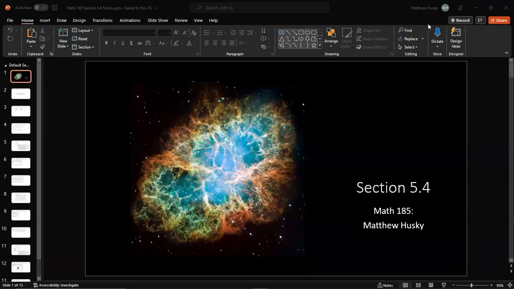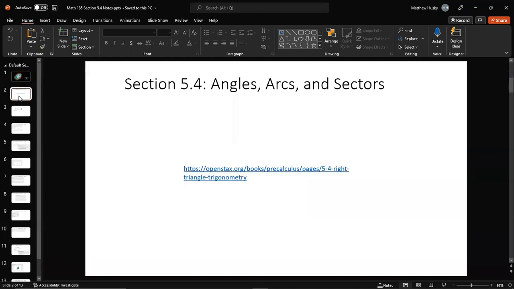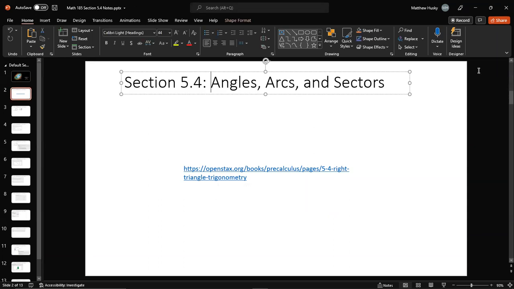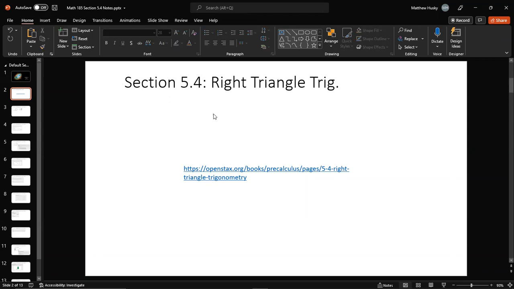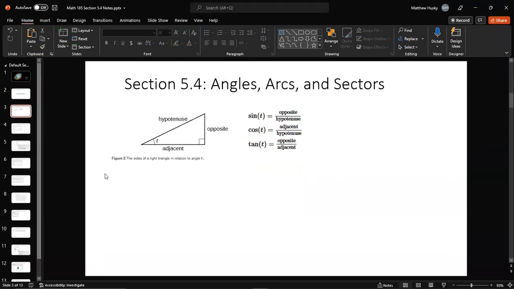Hello, everyone. Let's talk about section 5.4. This is about, actually, that's the wrong title. It's right triangle trig, in fact, that this is about. Anyway, how many people actually read that, but there you go. That's the actual title for this section. So anyway,